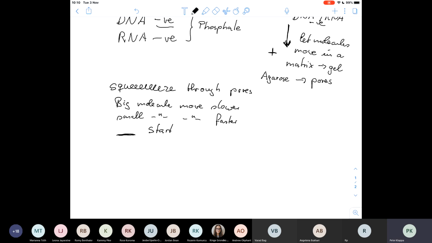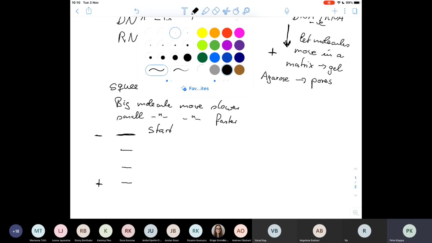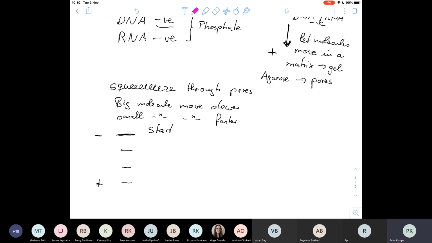And what we will find is that the molecules move like that. And the molecule that has traveled the furthest,